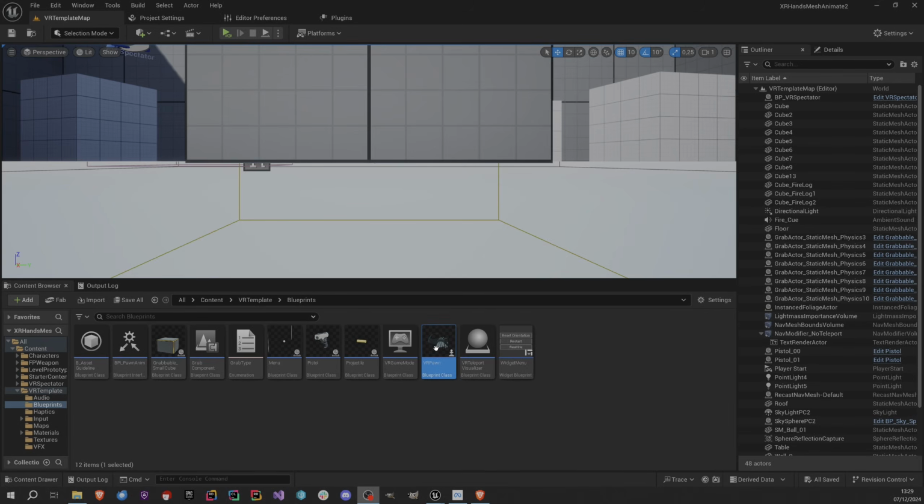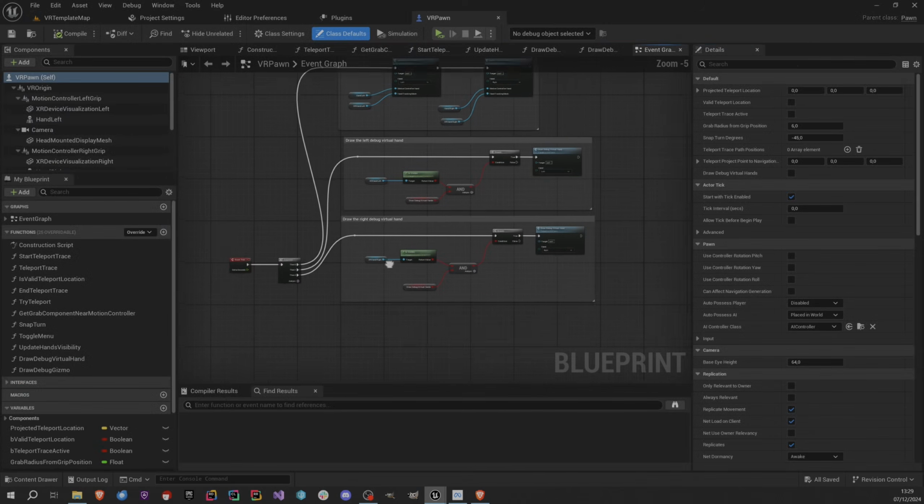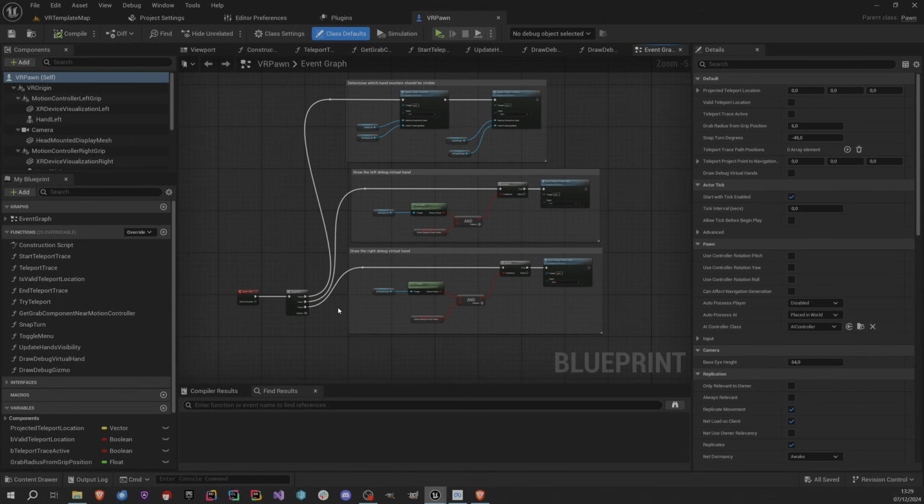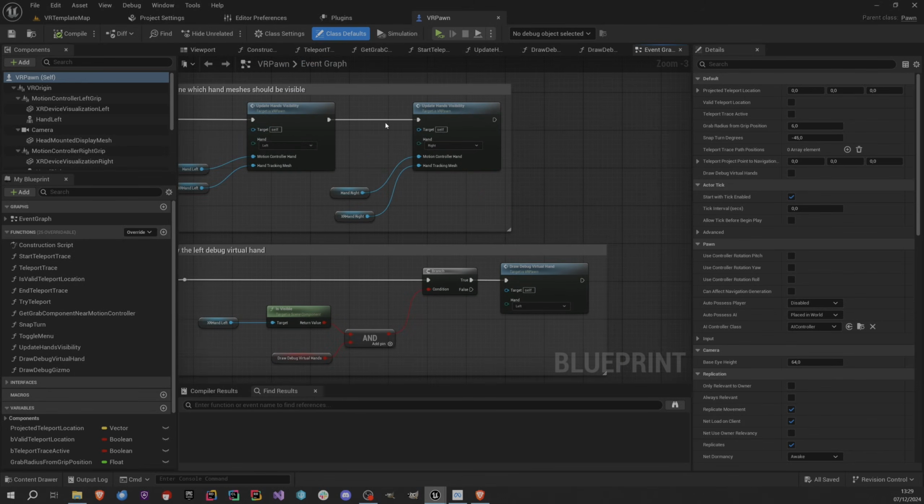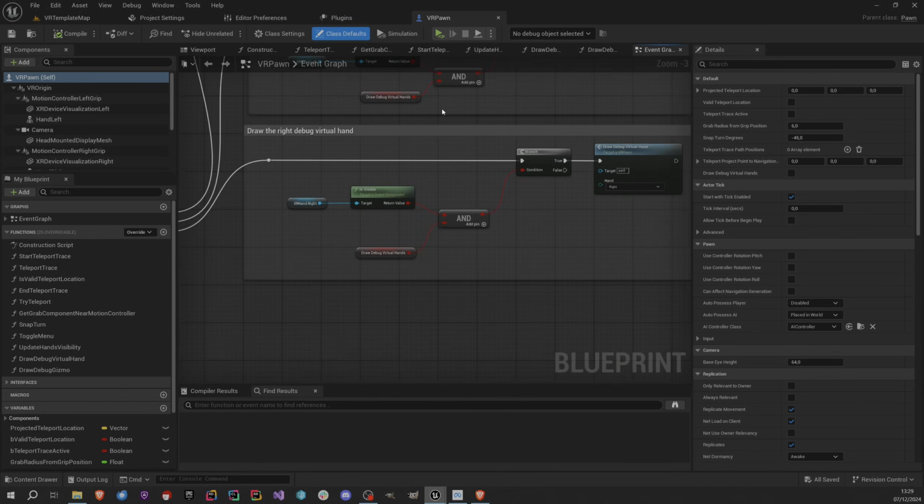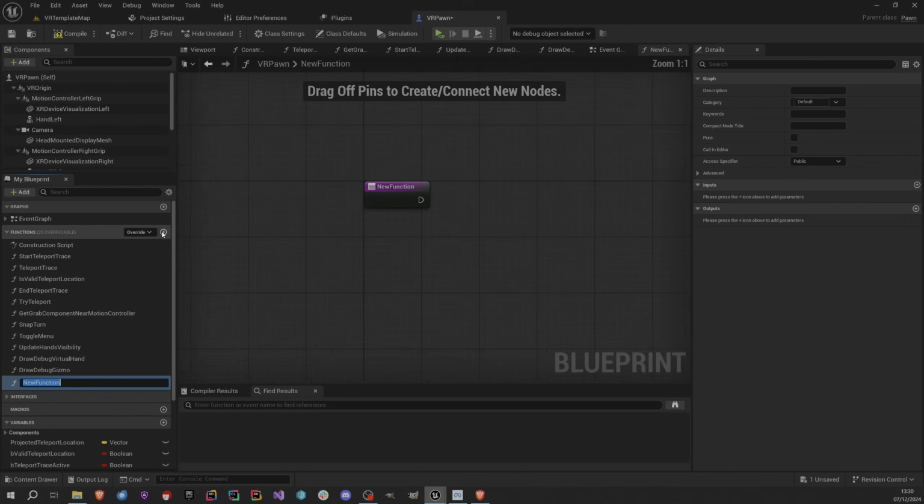We go back to VRPawn, and as you can see, we already did some implementation for toggling between hand tracking and motion controller, and also drawing debug virtual hands. Now, what I want to do is the actual animation. That's why I'm going to create a function called